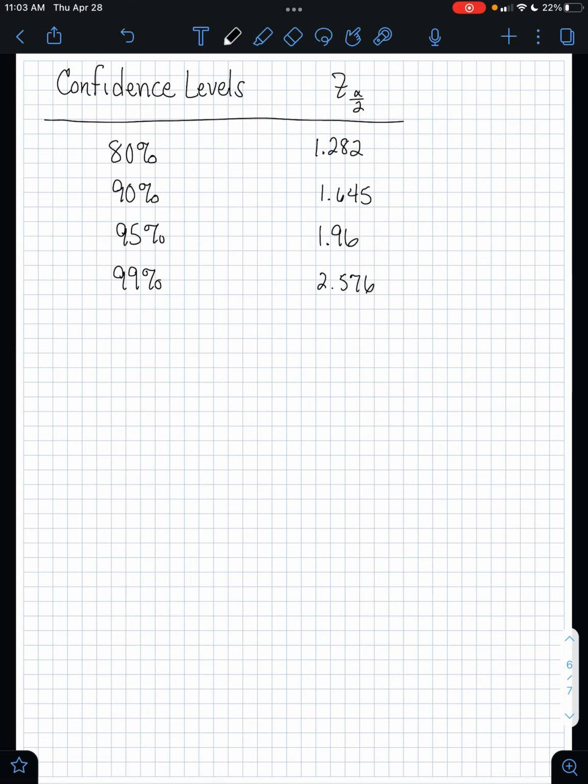And then you use the inverse normal command, or again, Excel or the normal distribution tables to find the z-score. And the z-scores will be different. The higher the confidence level, the larger the z-score will be. But these are four of the most common confidence levels that you come across, and they always produce the same z-scores. Now, the other thing I'd like to talk about here